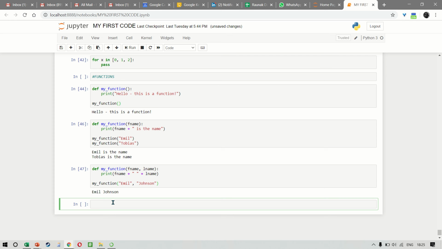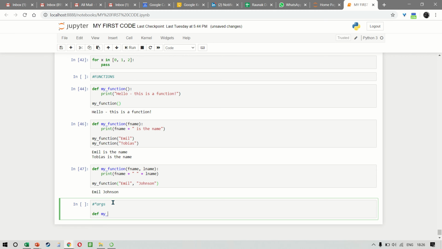Okay, now sometimes you will not know how many arguments you want to pass into a function. For this, we use something called *args, and you put an asterisk to denote this, right? So this is how we'll do it.